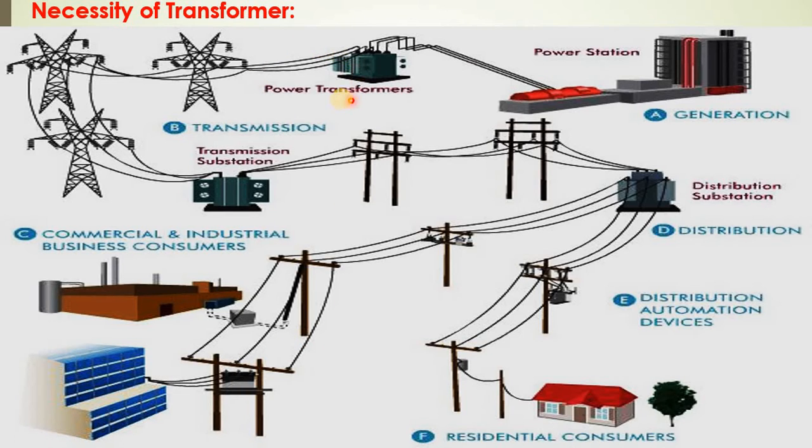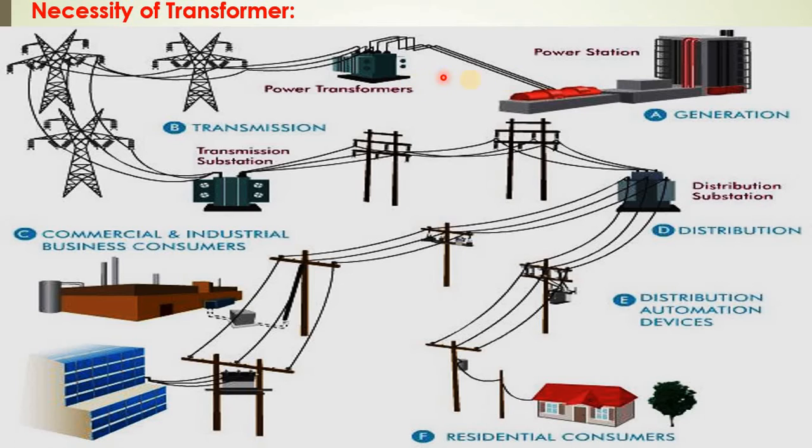First, we have to transfer the power by changing the voltage levels. How can we change the voltage level? We can change the voltage level by means of the transformer. You can see here, this is the power transformer, which is located near the generating station. This transformer has a very crucial role in power transmission. It will change the voltage level of the generating station power; its voltage will be stepped up by means of this power transformer.